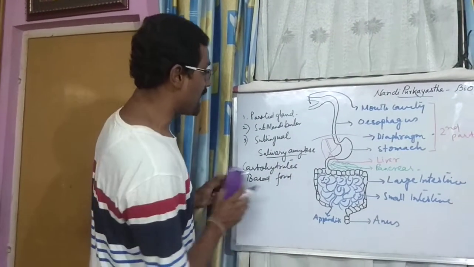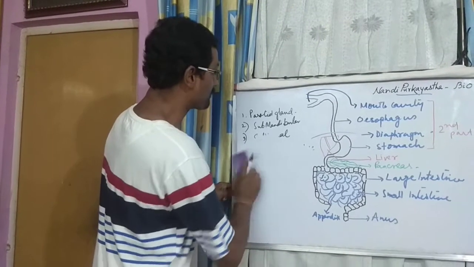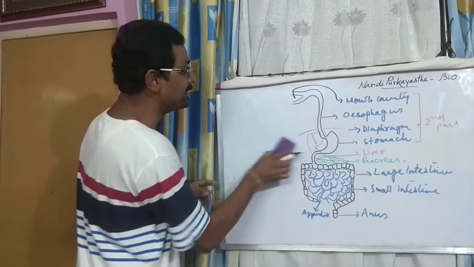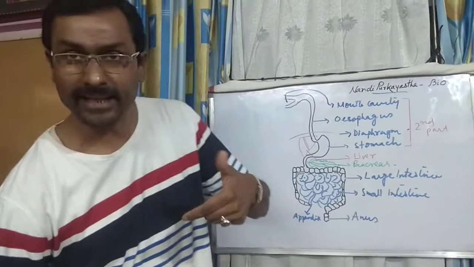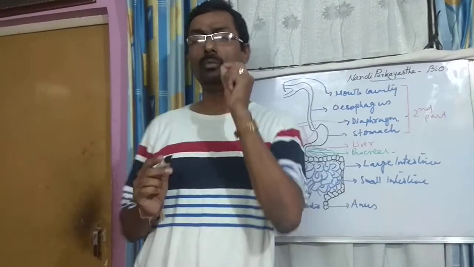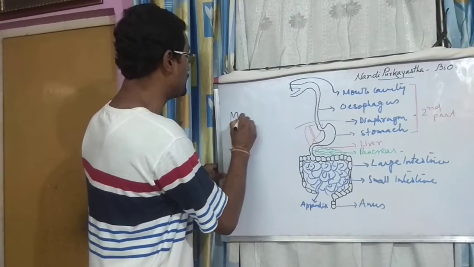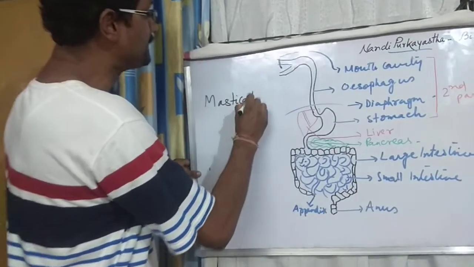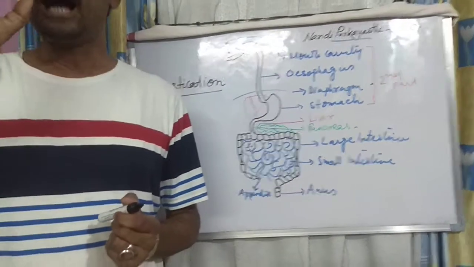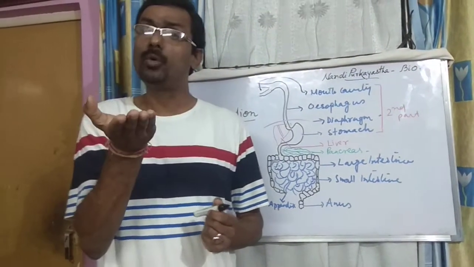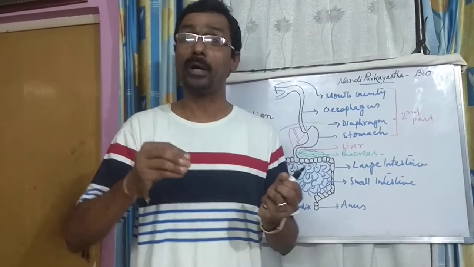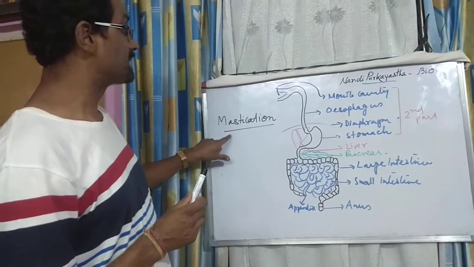So, what happens now? I'm rubbing it, coming to the next part. During the process of chewing, we come across another word. You have to keep in mind that word, which is mastication. M-A-S-T-I-C-A-T-I-O-N. Mastication. What is the meaning of mastication? The solid food material is converted to a paste by the action of different types of enzymes and broken down by the teeth. So, mastication.